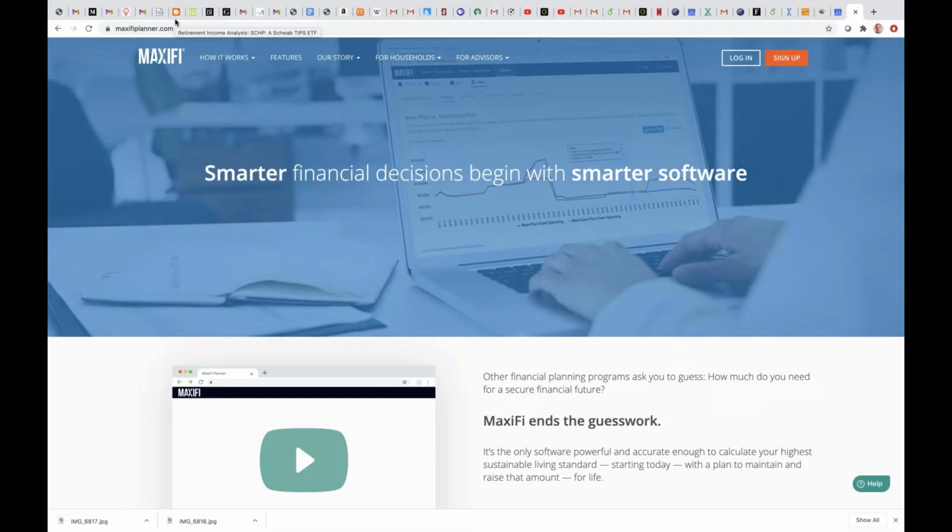So what Maxify does have, you can run its Monte Carlo risk analysis report, and you'll see how your living standard will fare, the upsides and the downsides to your living standard based on how you're investing. But if you're not running that, if you're not telling the program that you're investing at risk, then you really need to run it assuming you're investing safely. And the safe rate of return right now is 1.5%.